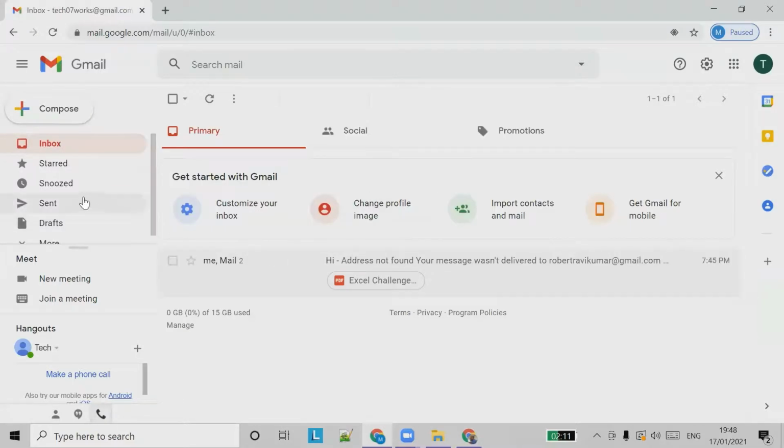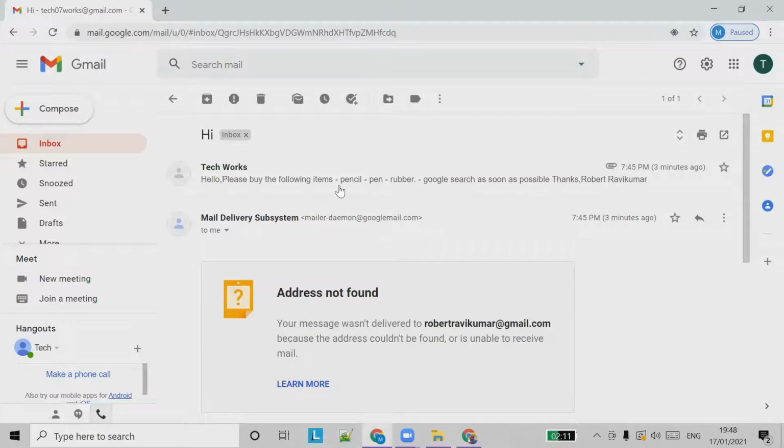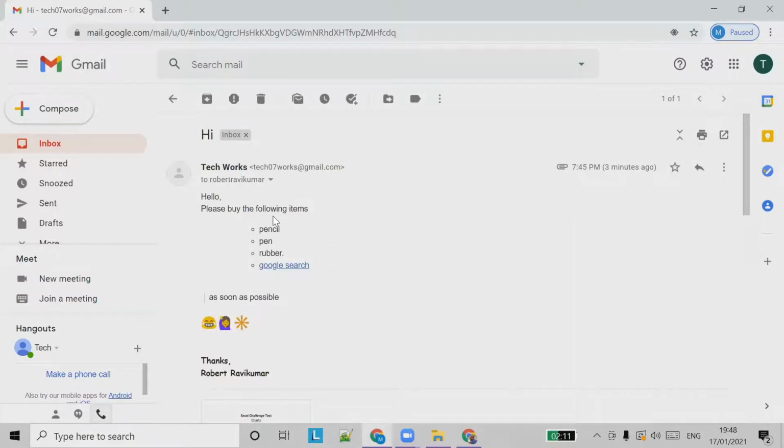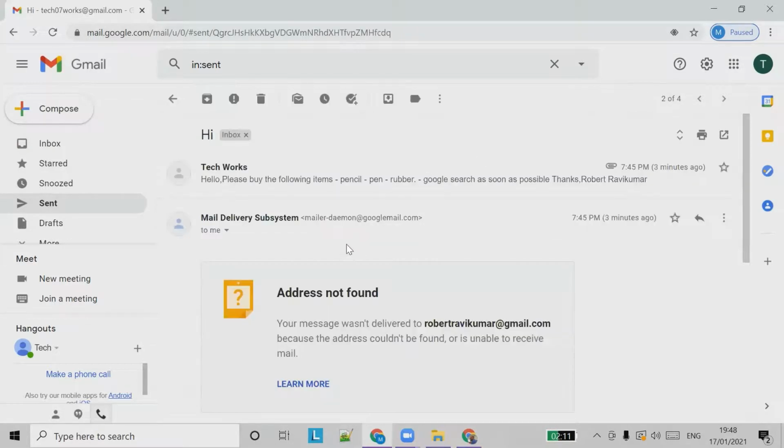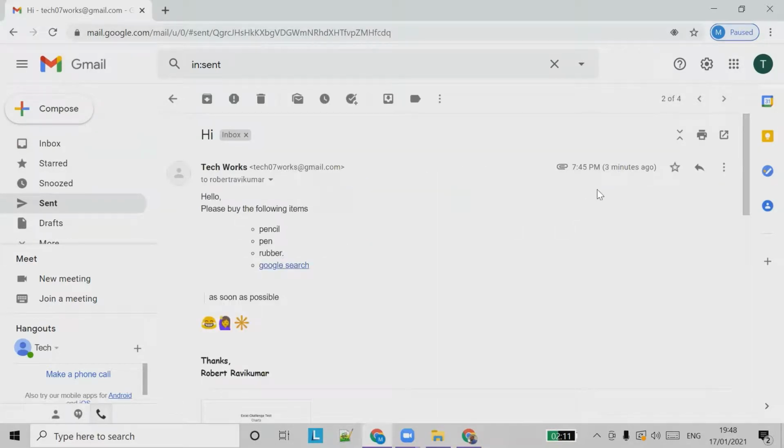See, this is the email we scheduled. So that means in the sent items, we send the item at a specific time. We set the time at 7:45.